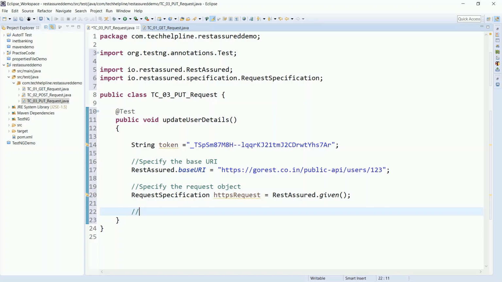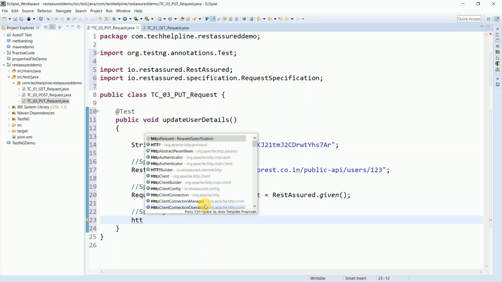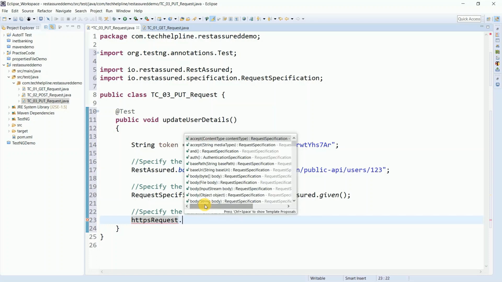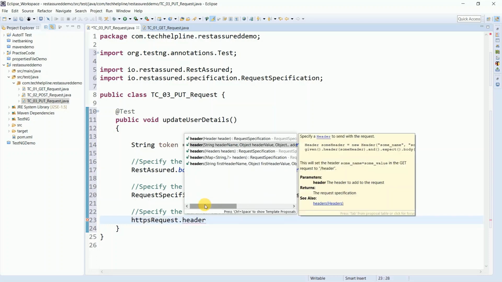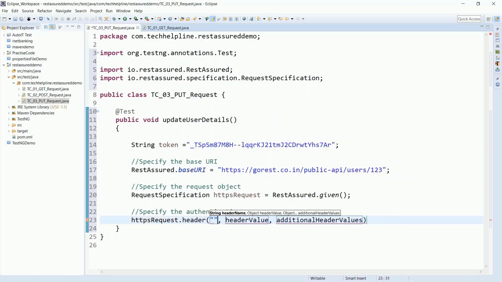So let's specify the authentication. Request.header, and here we have to write Authorization.